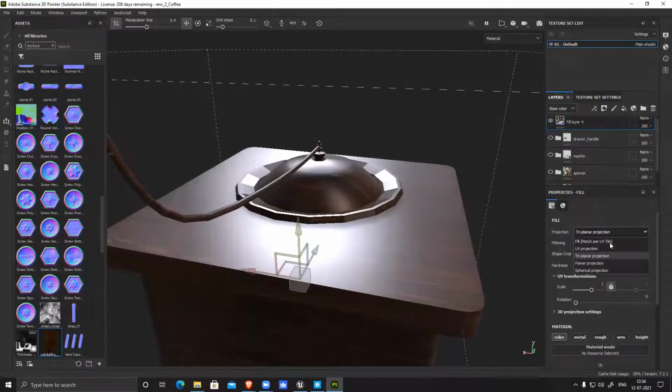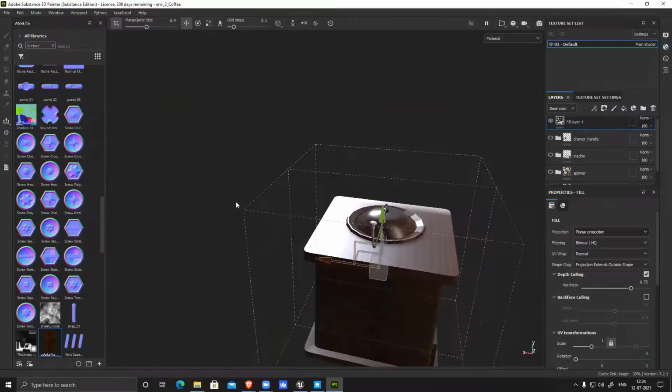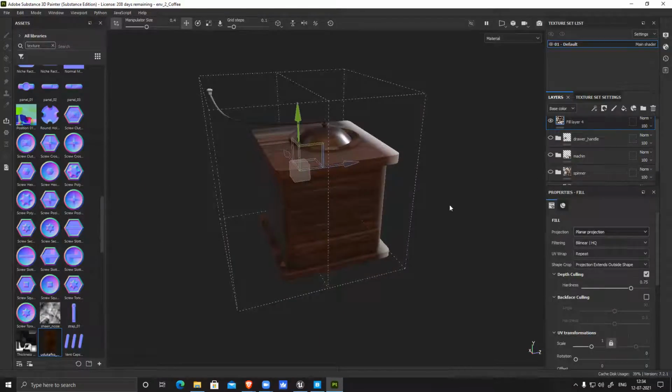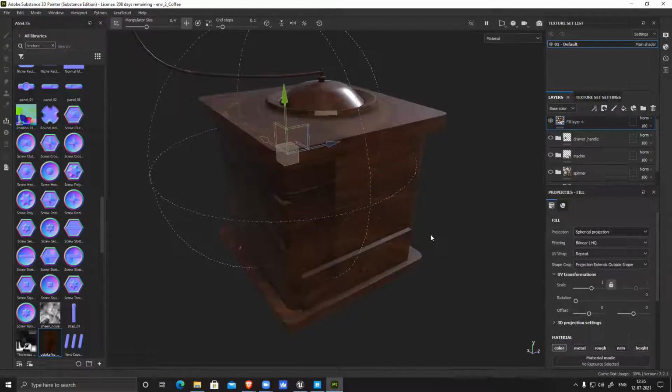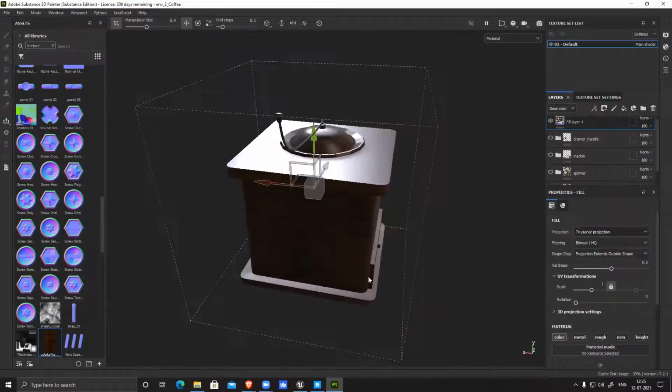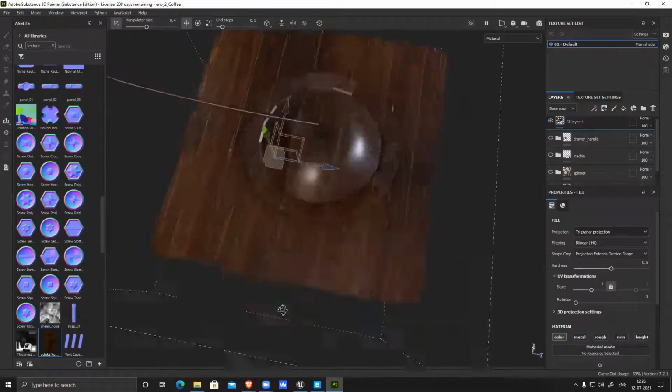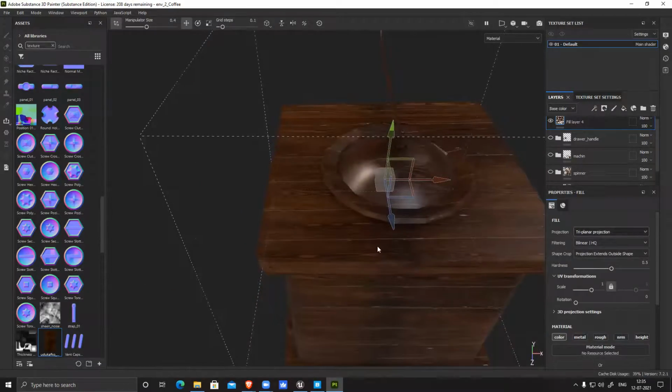Yes, sir. Then you have planar projection, only one plane. This and UV are almost the same, but planar is one direction. Sides become stretched because it projects from this direction. Similarly, you have spherical projection, like spherical unwrapping in Max, and cylindrical, same thing. Most of the time we'll be using triplanar, so there is no seam at all. It will clean your shape and give you a better result. Overall, this looks fine.